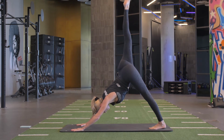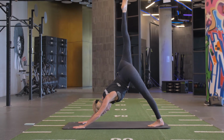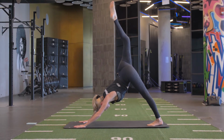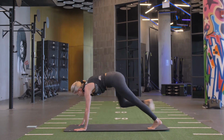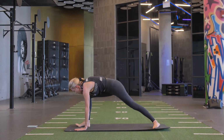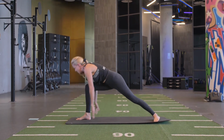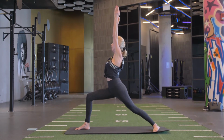And then you're going to raise your leg up for one-legged downward dog, keeping that back nice and straight. Opening the hip, pressing the left leg down, feeling more of a stretch on the back of your legs. Bend the knee and then bring that leg all the way through to the front of the mat. Placing your back heel down off the floor and then lifting your body up, raising your arms above your head